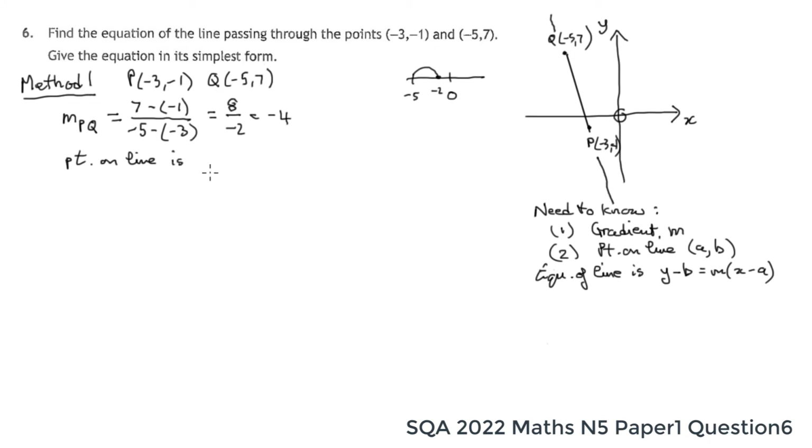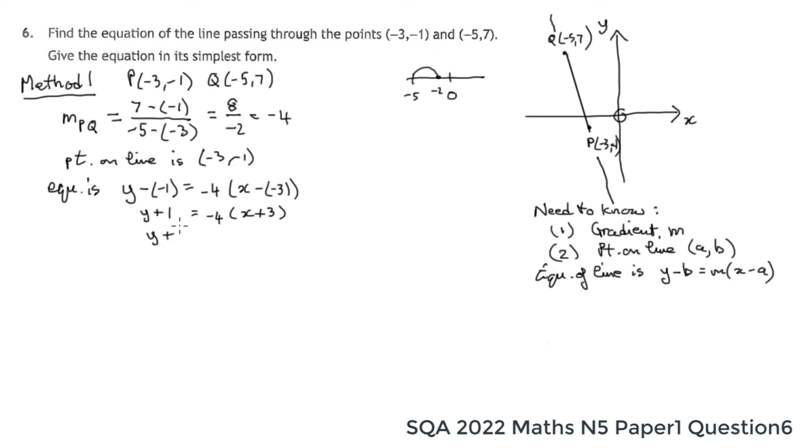And if we use a point on the line, well, either of these, we're spoiled for choice. We could use (-3, -1). Let's choose that one. And the equation therefore, using your y minus b equals m(x minus a), is y minus the y coordinate, that's the -1, equals the gradient, that's -4, times x minus the x coordinate, which is -3. A lot of brackets in there. Take away -1 is +1, and inside the brackets here we're taking away -3, so that's +3. So we've got y plus 1 equals